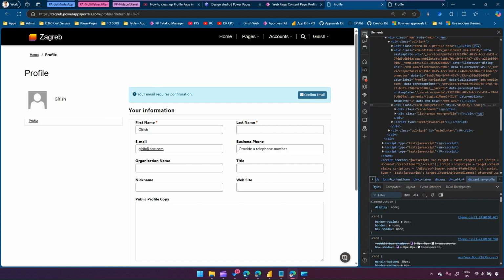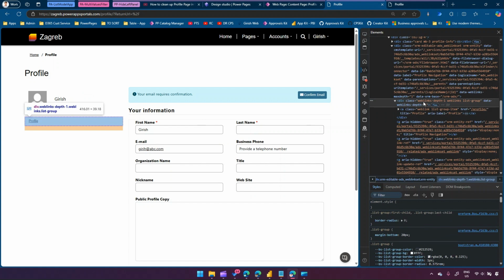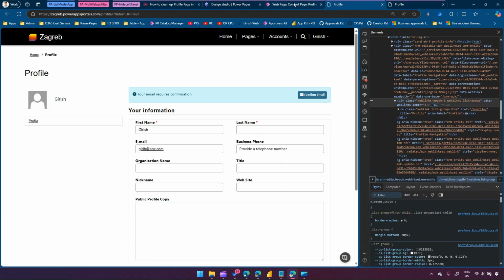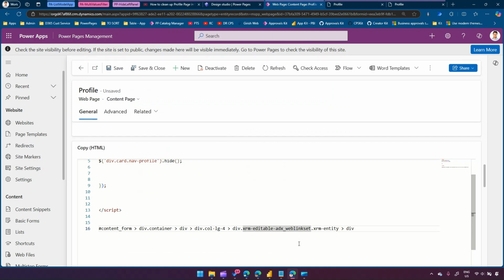So again, going back to the developer tool and selecting this particular panel. Okay. So if I select over here, as you see, this profile panel is selected. Now, if you closely watch that, it says div.weblinks-depth-1.weblinks.list-group, right? So that's a selector. So again, come back here, copy the selector, go to your code somewhere here outside, this is just your work area, you just paste it, and we are interested in,